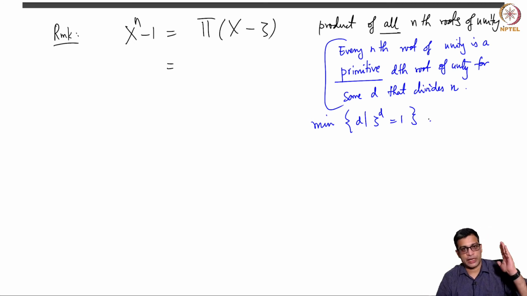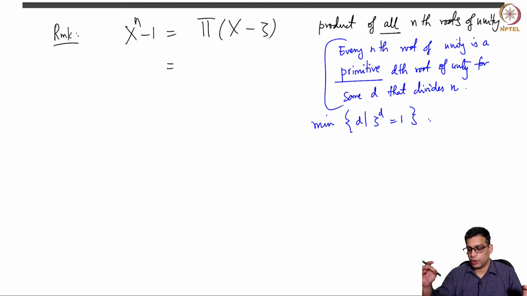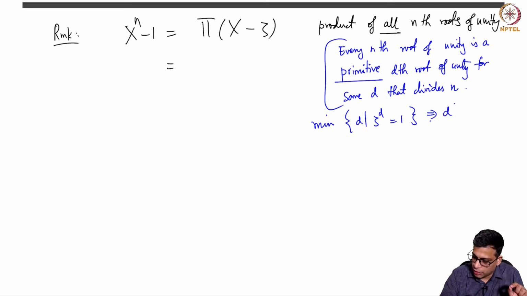Right? That d is something between 1 and n. For zeta equal to 1, you get 1. For a primitive nth root of unity, you get d equal to n. And then zeta will be by definition a primitive dth root of unity. But because of the order of the group consisting of all the zetas, this is a fact, so then d divides n.